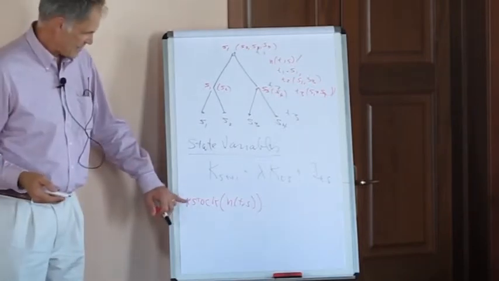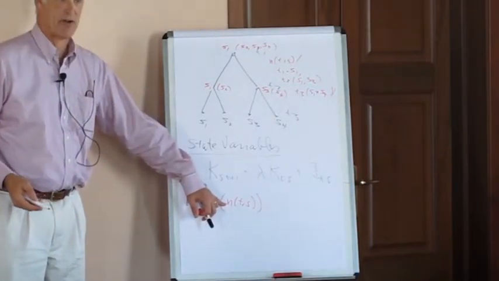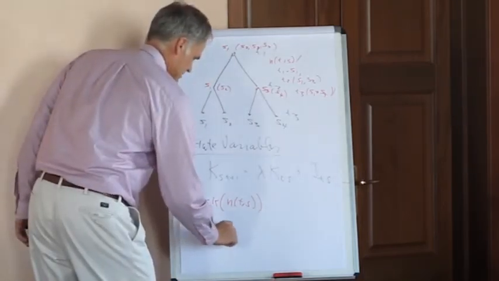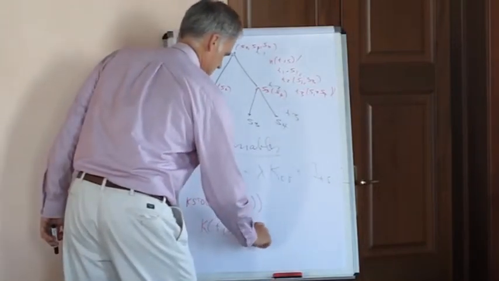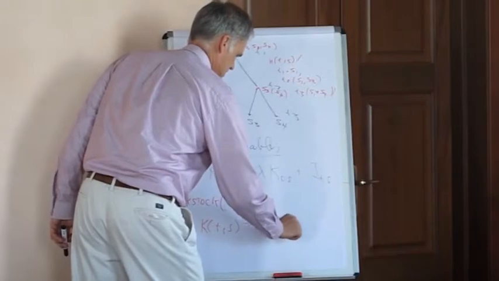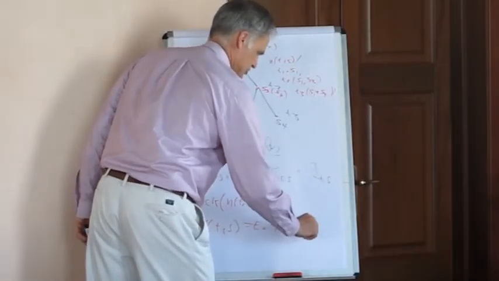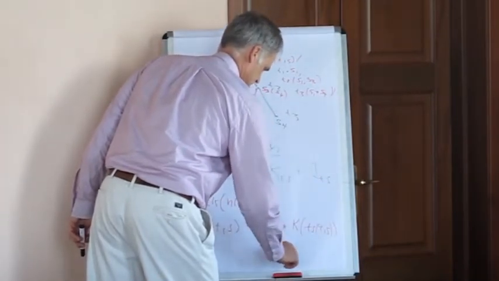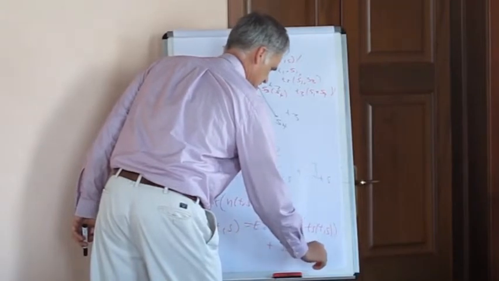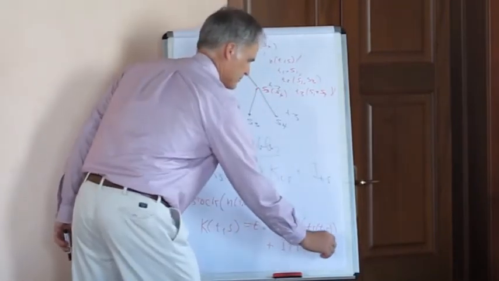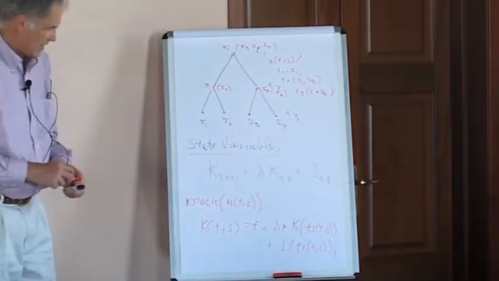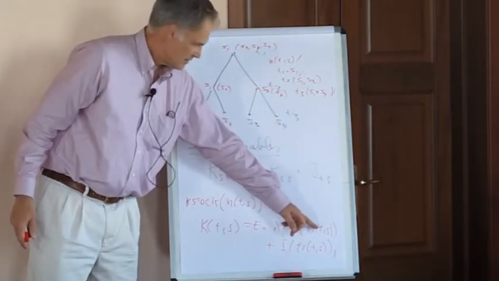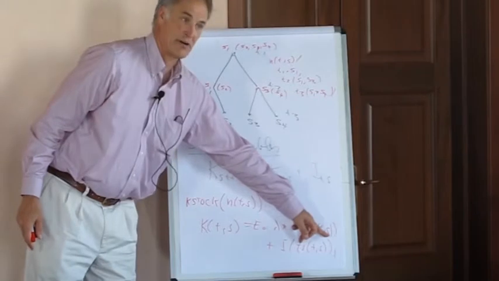So we write down the capital stock condition. We say we only want to keep track of this accounting for the items that are in the tree. And we'll say then k of t comma s is equal to lambda times k of, and the notation you'll see here is going to be ts of t comma s, plus I of ts of t comma s. So in the DICE model 2013 with stochastic programming, I use a macro to indicate which scenario, really in time period t, where scenario s is actually sitting.